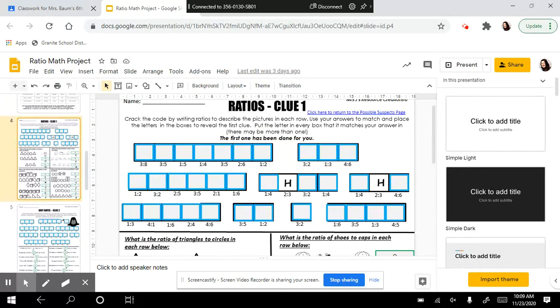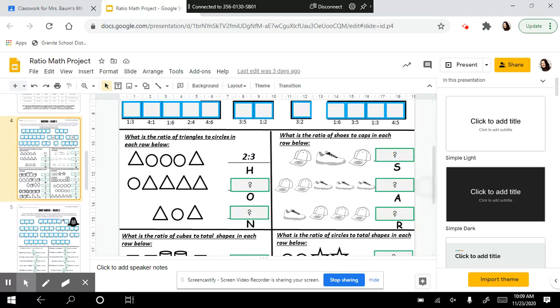It says at the top, crack the code by writing ratios to describe the pictures in each row. Use your answers to match and place the letters in the boxes to reveal the first clue. Put the letter in every box that it matches your answer in. There may be more than one. The first one has been done for us. So if we look, this first part here